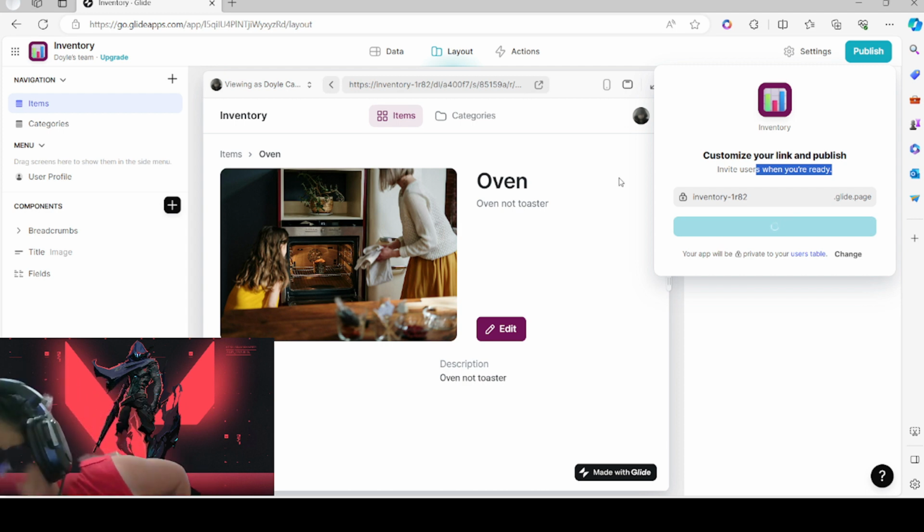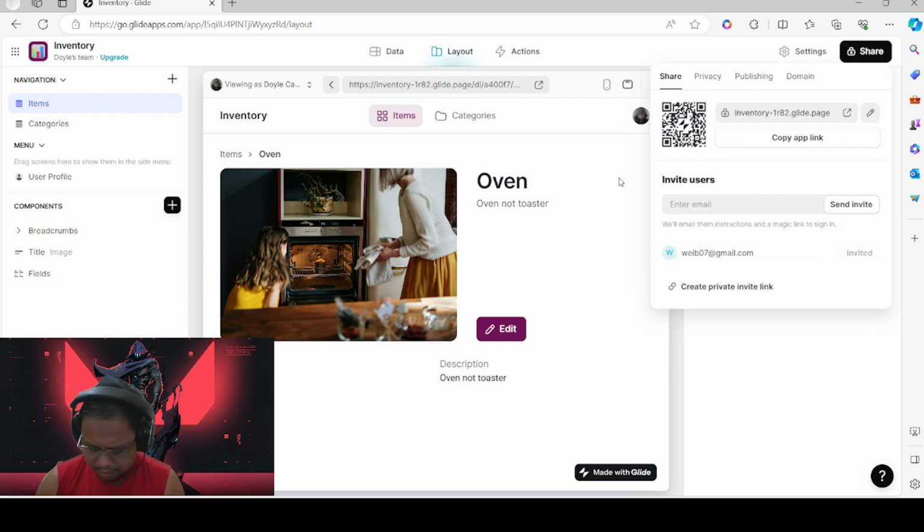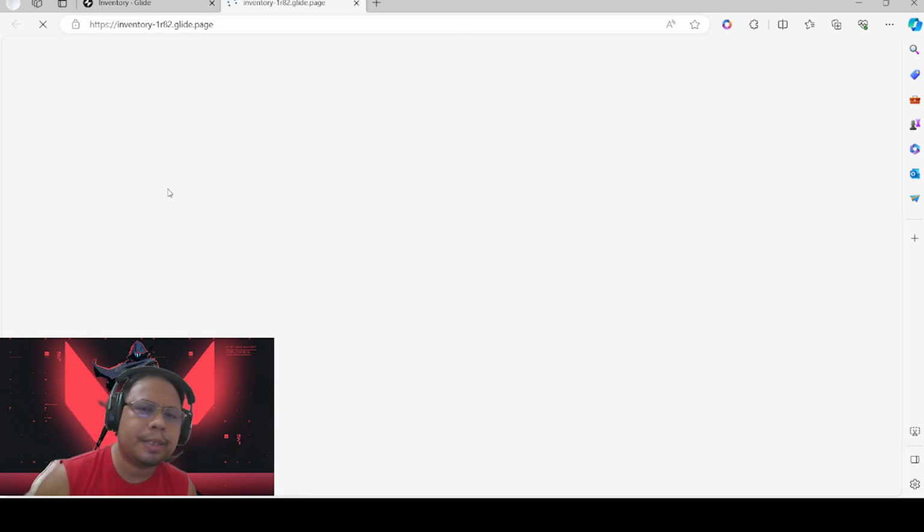So yung phone ko para makita niyo. Hindi ko ata na-charge sa mabuti yung phone ko. Okay, so as you can see, there's a QR code here. And you can open a link actually. So you're going to create a new tab and let's see if the application we're going to publish. So yeah,